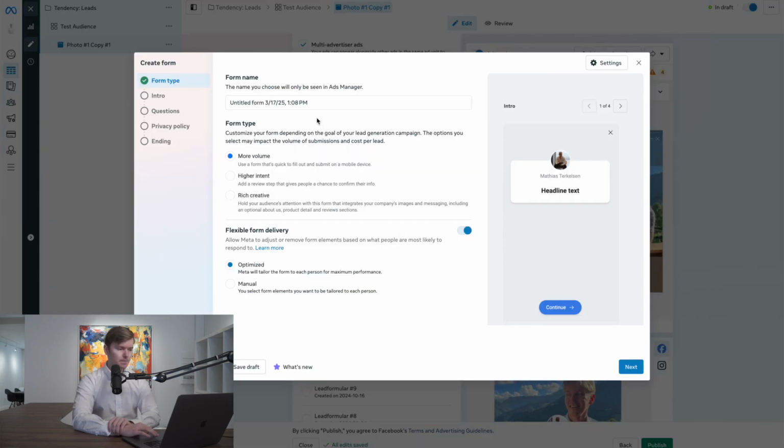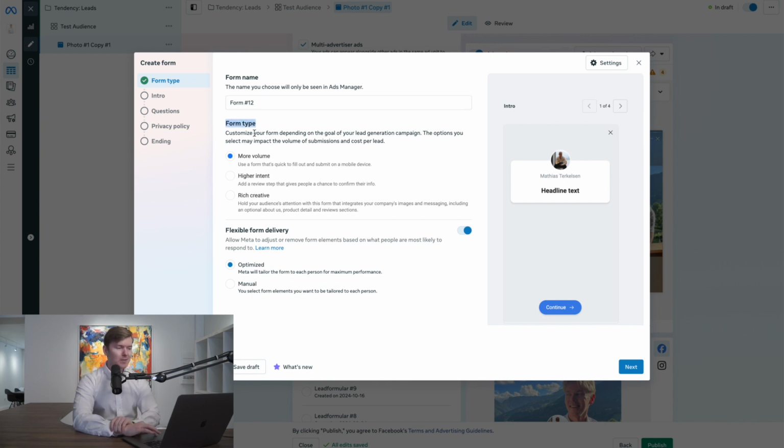So create lead form. I'm just going to call this form hashtag. I think this is the 12th form that I'm making. So normally once you have done this one time, you don't have to change it up. Maybe if you're making like a different offer or etc., you can change it up. But again, I want to jump through this because this video is getting a bit long. So let's just go a little bit faster here.